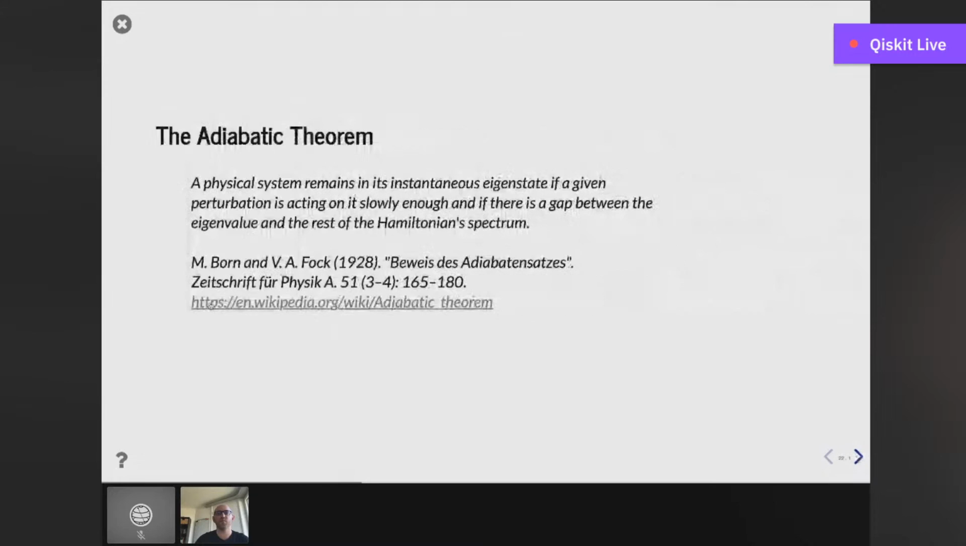And for that, we need to start with the adiabatic theorem, and I'd just like to read this quickly to you. This says that a physical system remains in its instantaneous eigenstate if a given perturbation is acting on it slowly enough and if there is a gap between the eigenvalue and the rest of the Hamiltonian spectrum. This might sound a bit complicated to start with, but I'd like to show you what this implies